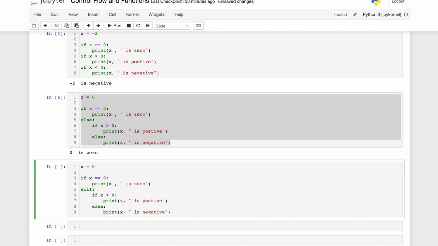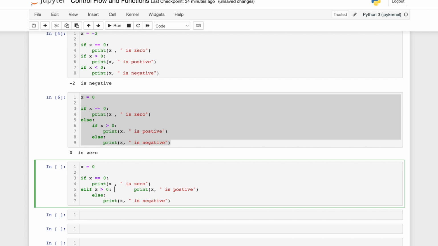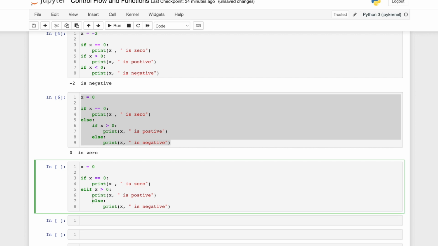Okay, and I will use this particular x greater than 0, and I will remove this particular line from here. Let me just indent it, and what I will do is I will put this over here and one more indentation. Let me just quickly do it. Okay,